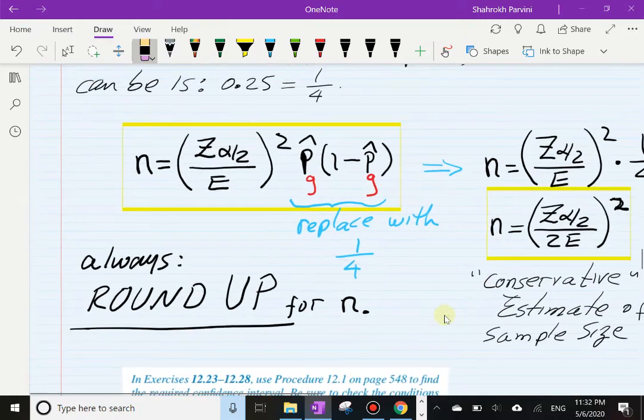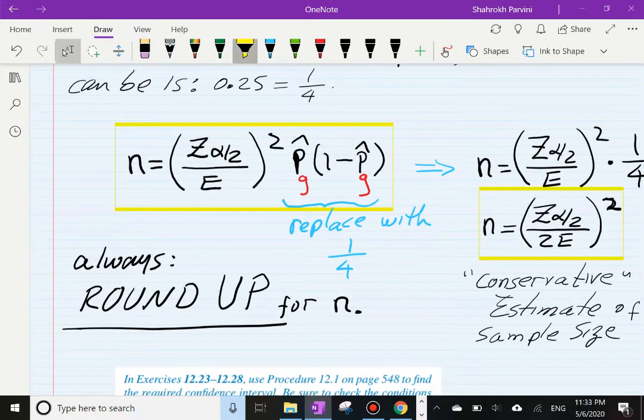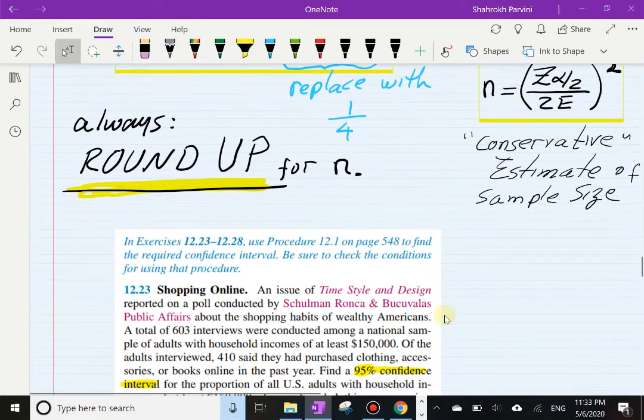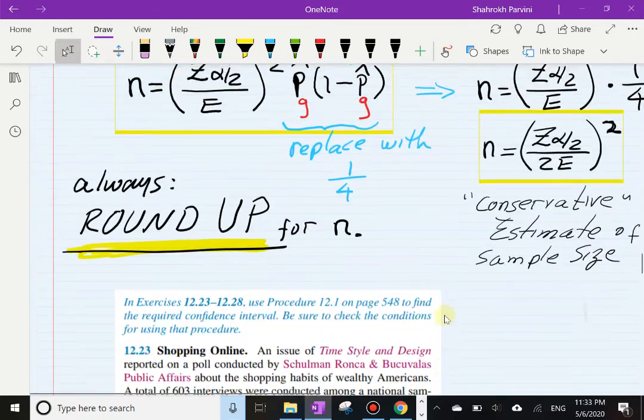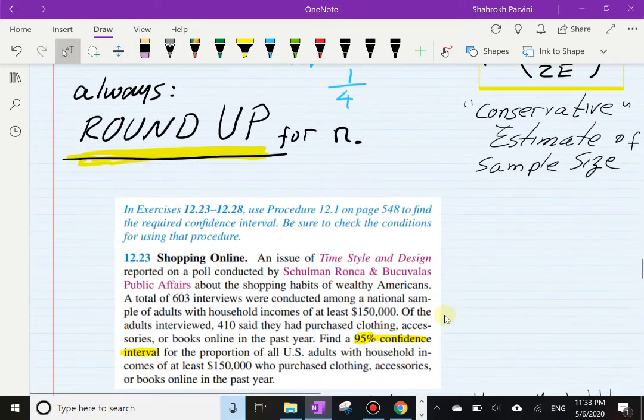So, with sample size, remember we always round up, correct? Right in here, we always round up. No matter what the decimal is, you always round up. So let's take a look at one example here. We use this formula. So in this exercise number 23,